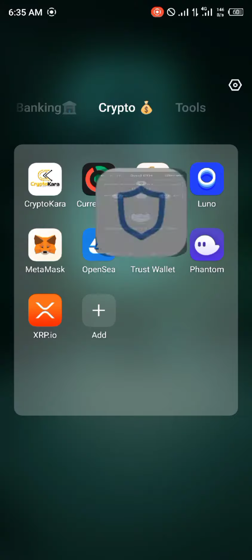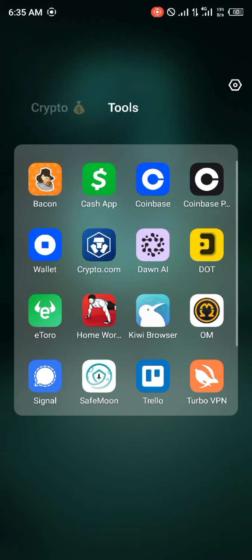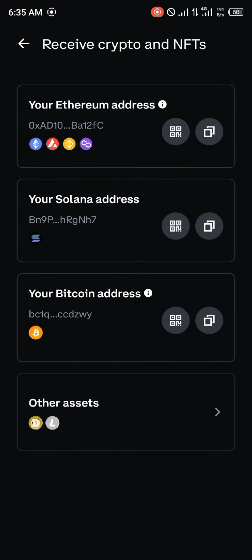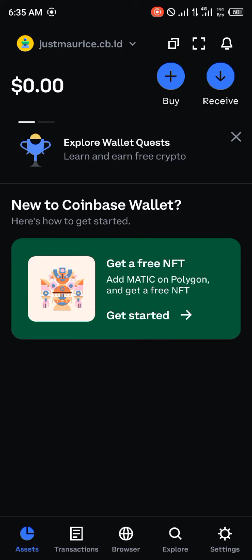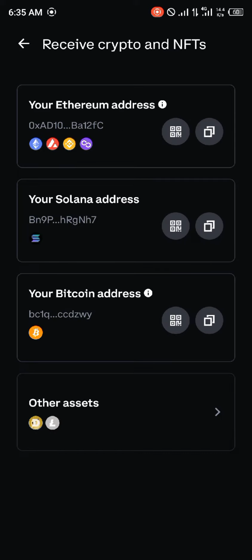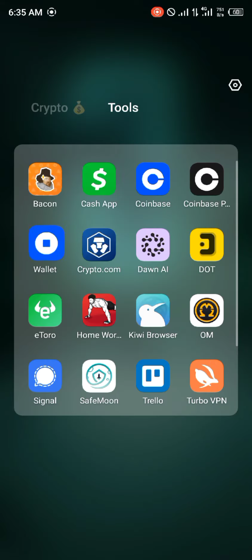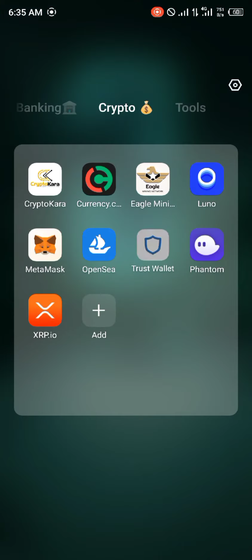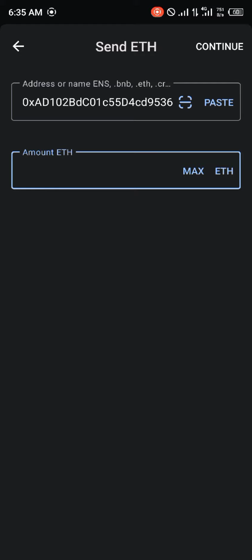In order to do that, we simply open up Coinbase, head over to Coinbase Wallet, not Coinbase Pro. And once you get to the wallet section, you simply click on receive. That's after inputting your passcode and the rest. Click on receive. Click on your Ethereum address. Click on copy. And now we head back to Trust Wallet, where we simply paste this address and enter the